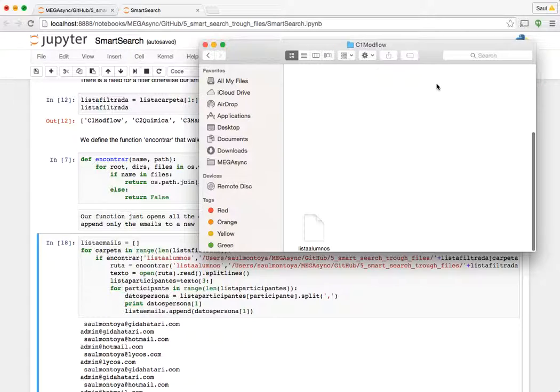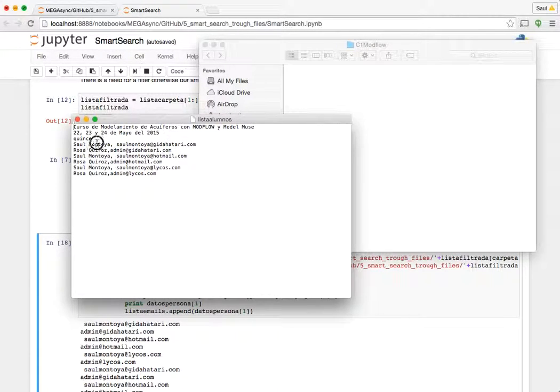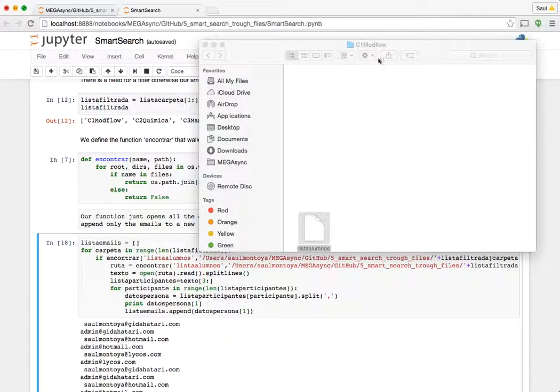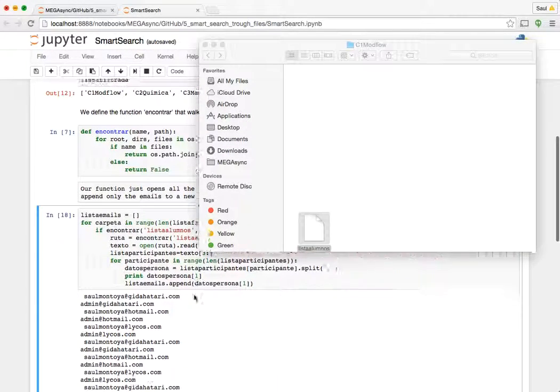It opens, and from this it looks for the fourth item. So in Python it's number 3, and it just gives you what is after the comma. So that gives you just what is after the comma. And then we have here,